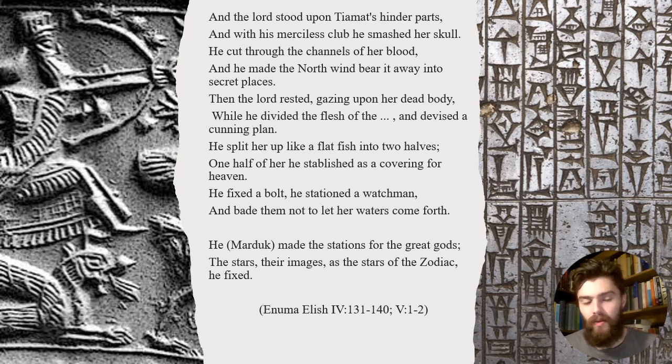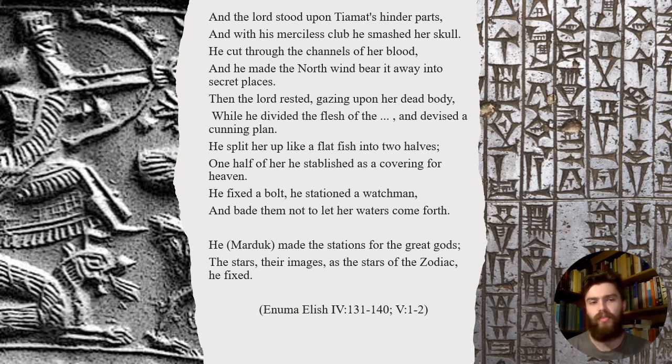And in that Rakia, we read that Marduk made the stations of the gods, which is likened to the stars and the images of the zodiac and the star symbols. And this is the same understanding we have in Genesis 1, where the stars, moon, and sun are fixed in the firmament, in the Rakia that God has established in the heavens above to keep these waters at bay.